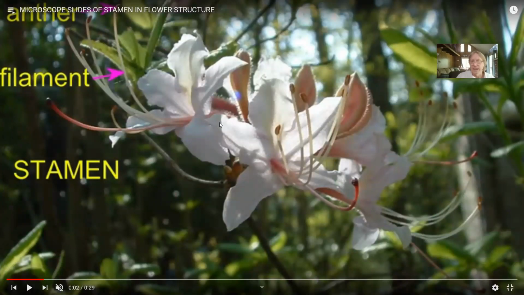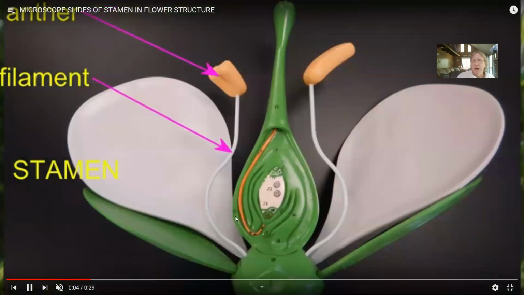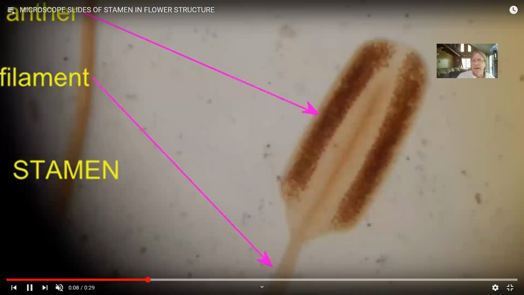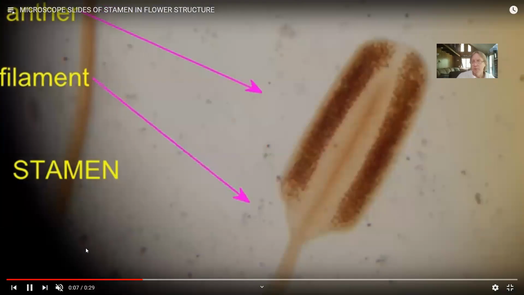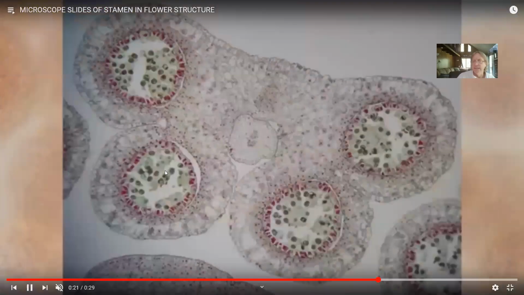They will then grow through the style. But notice around them, these are the male structures which have the anther, where the pollen is made, atop a filament. Now, once again, each flower has a different structure, but the pollen grains are produced here. Should they grow then through the style, they then grow as a pollen tube, which will then go through that pore called the micropyle. Again, there is an anther where the pollen grains are made, and these are then released